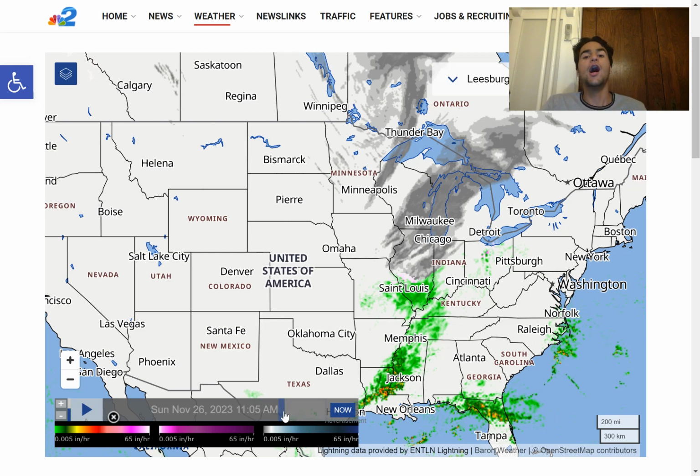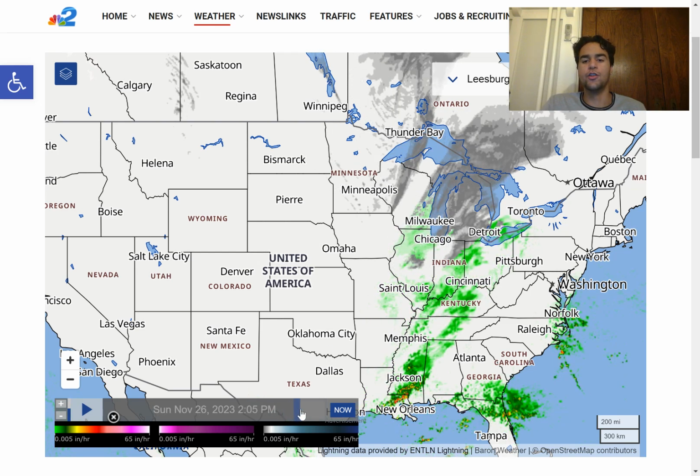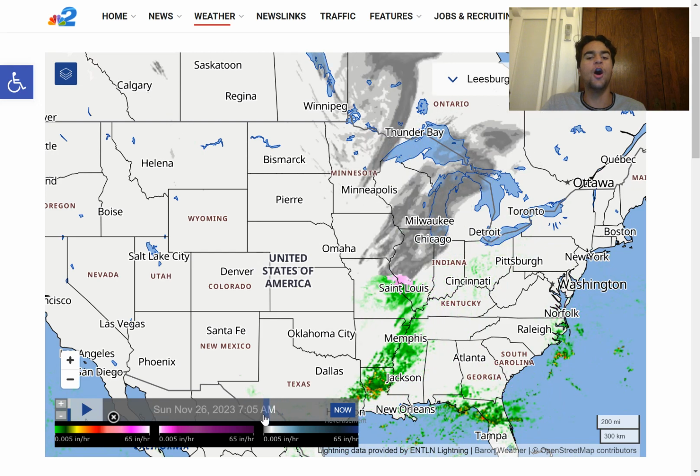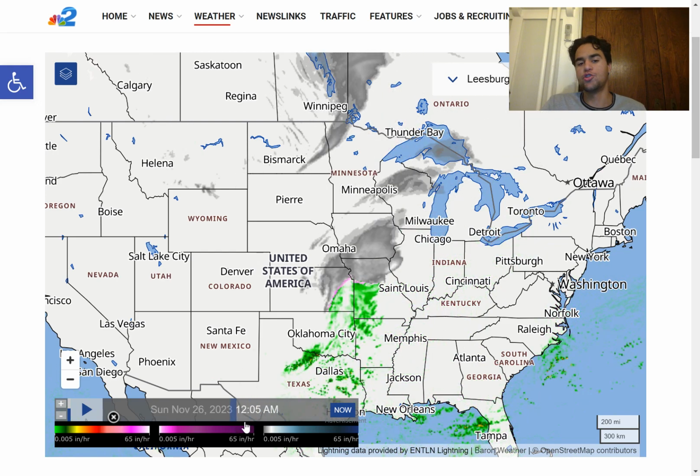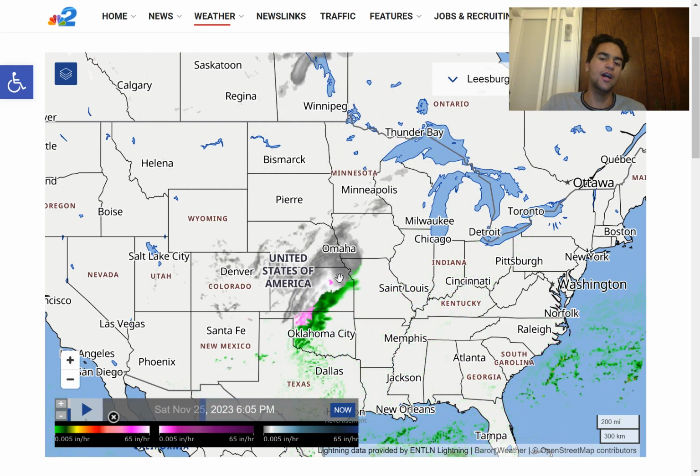So definitely pay close attention to this over the northern Midwest, including Chicago, maybe even Detroit as well could get involved with some accumulating snowfall. But the worst of the snowfall should occur over Kansas, so you need to take the biggest precautions right around that area.